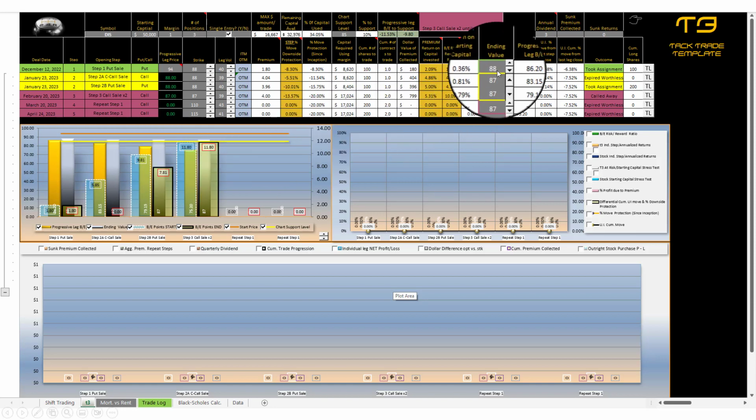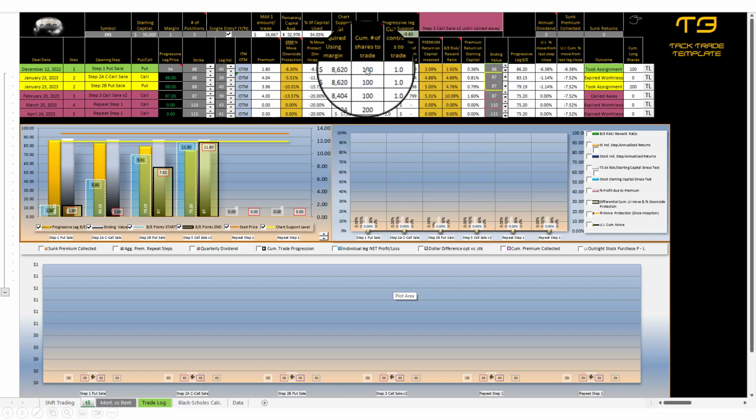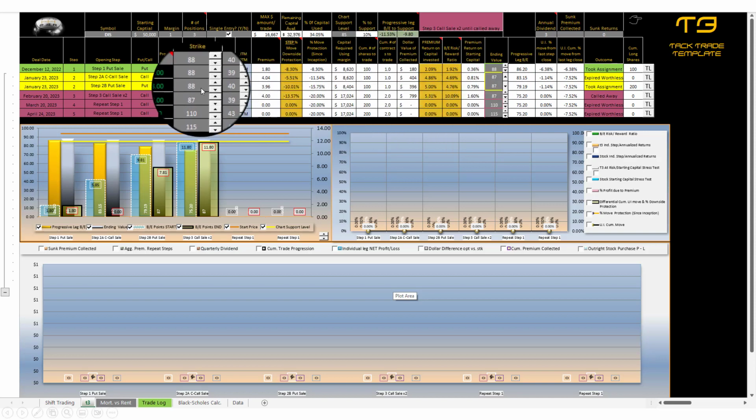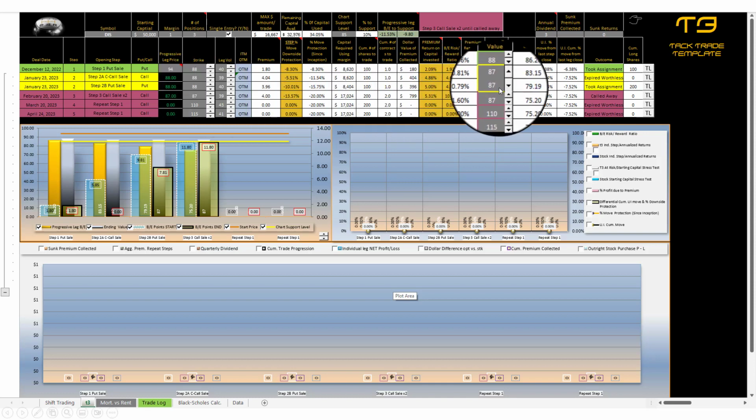This is because we had already taken the assignment of shares with an $88 strike. So we have now given back 1 point on something that we were already long on. So we lost a point there on the first assignment, and the second assignment was also at $88 a share. And if we took assignment, and we did in this example, we are now down a single point as well